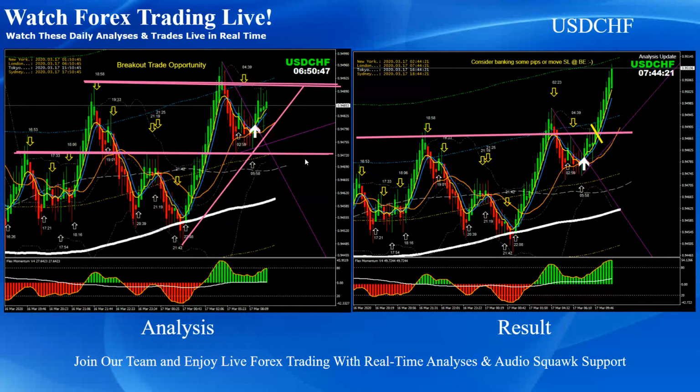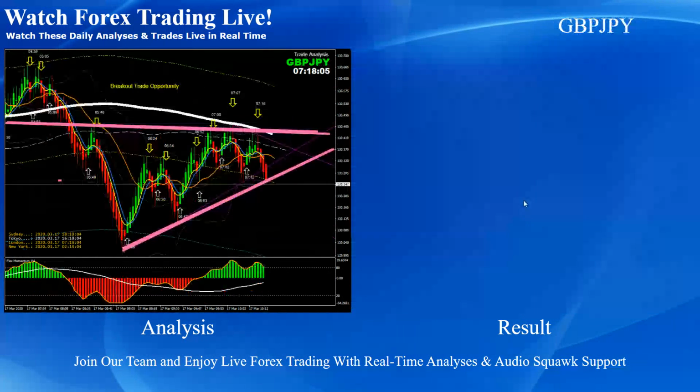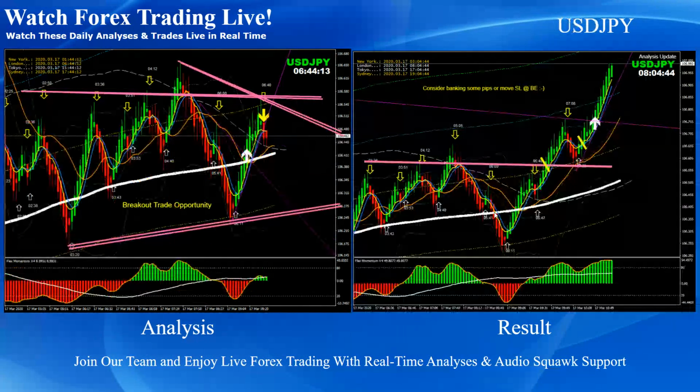Right, so this was pretty straightforward. As you can see, breakout long trade, price nicely hit the first target on dollar Swiss franc. Pound dollar, pretty straightforward. You can see consolidation breakout, short trade, nicely hit first target. Pound yen, pretty straightforward, breakout consolidation long trade. Dollar yen, pretty straightforward. As you can see, the price nicely broke based on this analysis, and we announced another